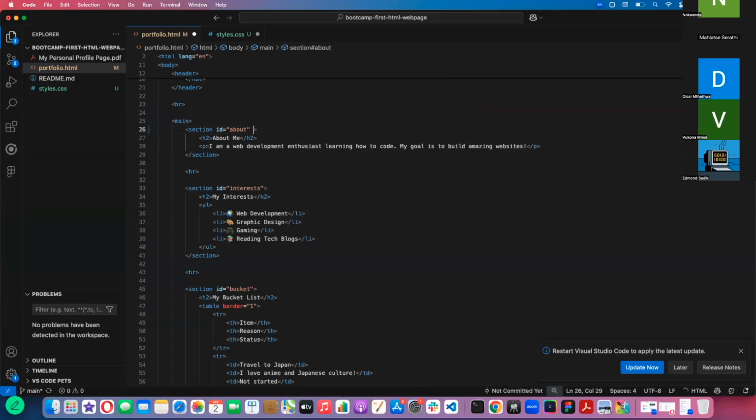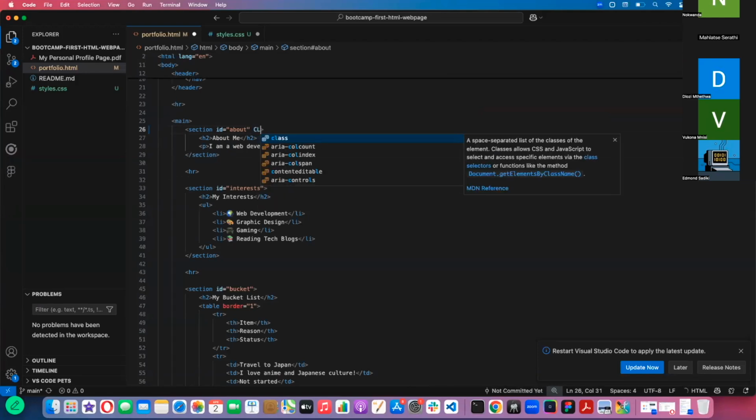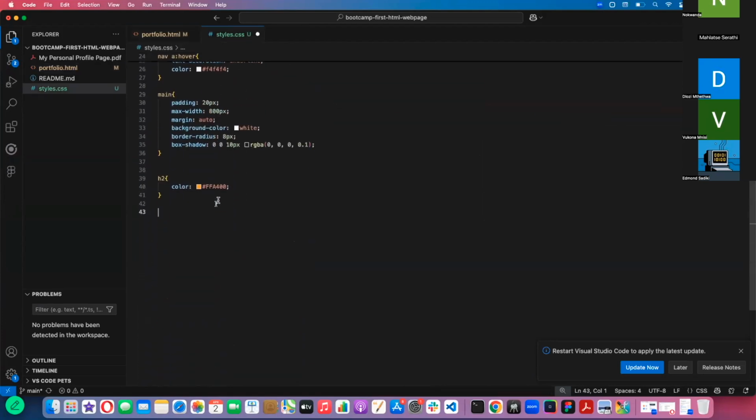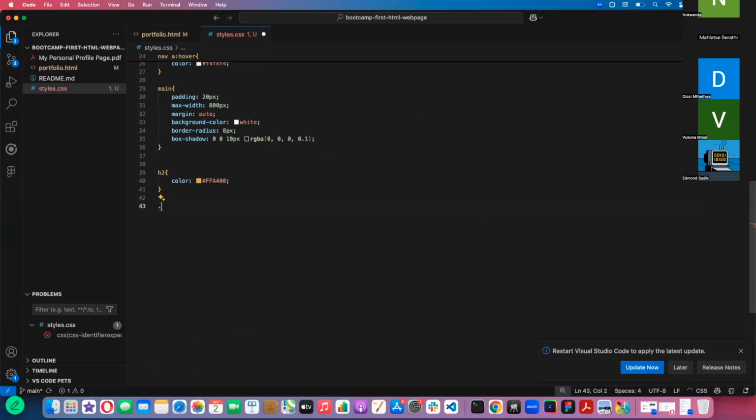We are going to call class, and I'm going to call this about container. So we're gonna name it in a way that the next person knows what style this is. So I'm gonna call this about container, right? So about container is not registered here, so I'm gonna register it here. So I'm gonna use a dot and say about container and have that. So inside my about container,